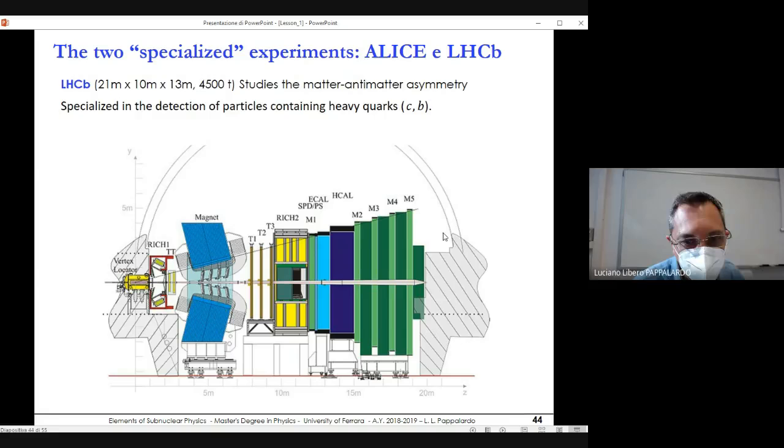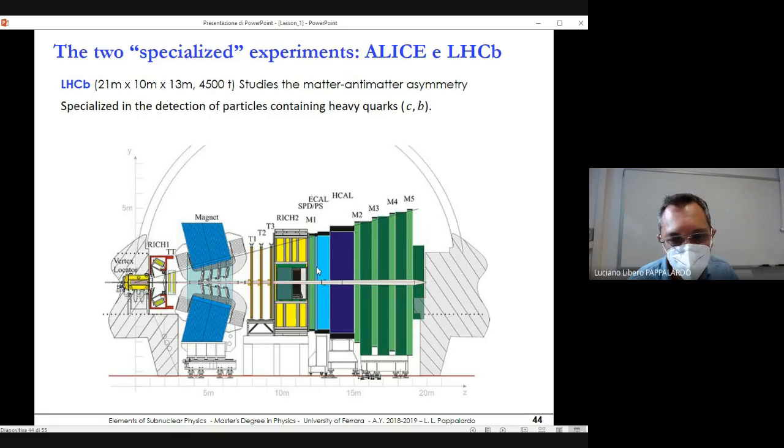And then the last one is LHCb. LHCb, as you can see from this picture, has a completely different geometry. It is not anymore cylindrical. It is not symmetric. It is a so-called forward spectrometer. So it is, as you see, a forward geometry. So the beams come again in the central line, and they interact at this point here. This interaction point is surrounded by a very sophisticated tracking system, which is called the vertex locator, which allows to reconstruct with high precision the vertex from the collisions. Then we have a big dipole magnet here, and we have a tracking system before and after the magnet to reconstruct the momentum of the particles.